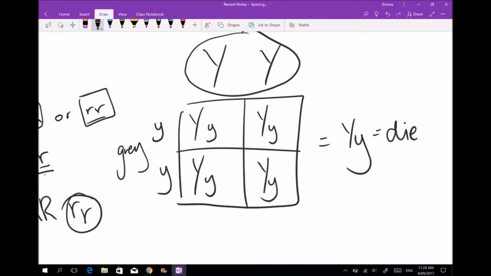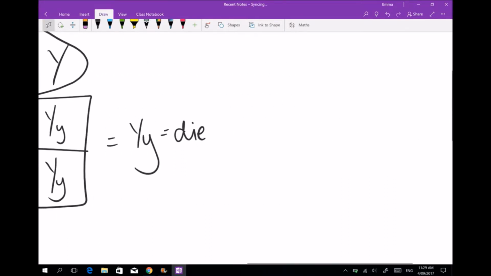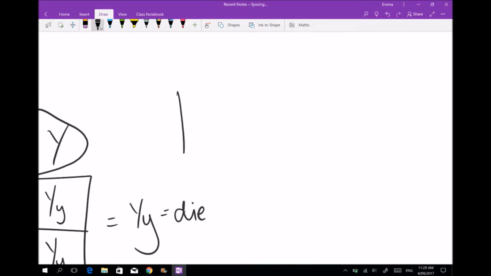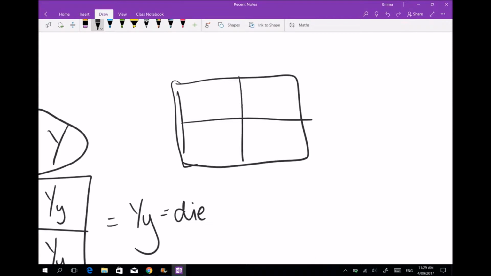Okay. But what he found was then that when he was mating these individuals, he was getting some yellow and some grey. So if we did another test cross,